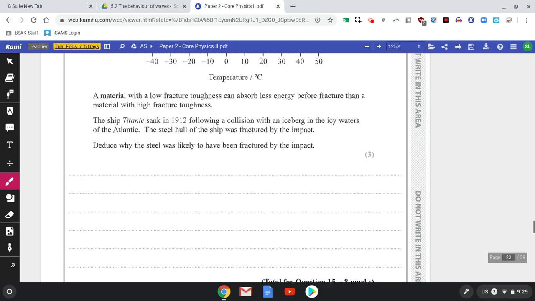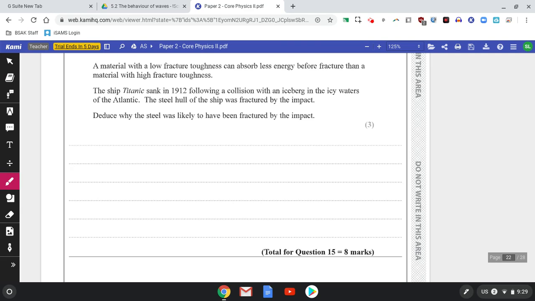So, a very generous 3 marks there, I thought. Anyway, see you in the